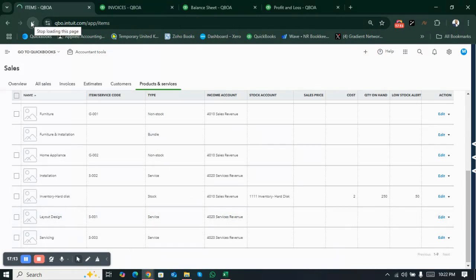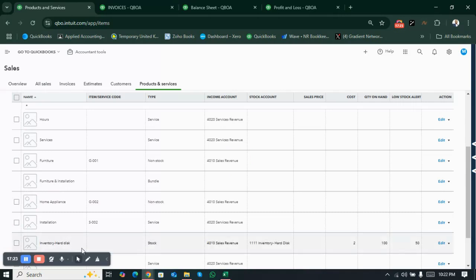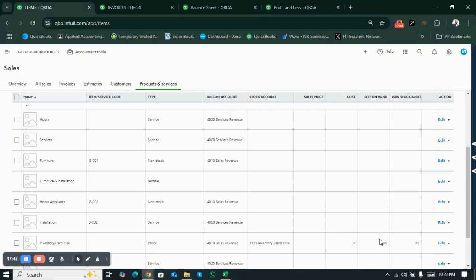And one more thing, let's just reload it to see the quantity in hand. If you scroll through the inventory hard disks, you can see there is a quantity of 100. From our working, you can see that the closing stock quantity is also 100. Let's say after physical counting, you have 90 actually in hand, which physically exists. So to adjust this, just click the drop down and click adjust quantity,